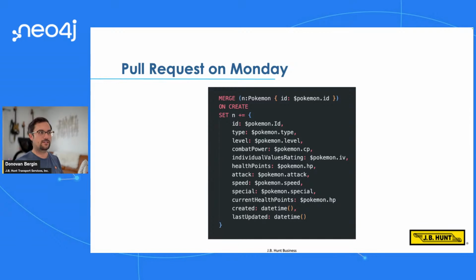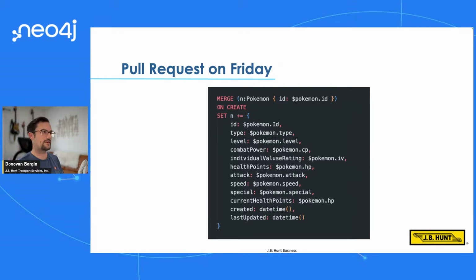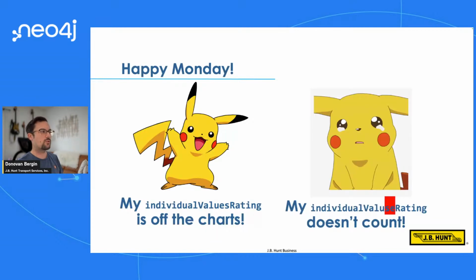Now we've got another app. Maybe the other one's like an audit app where someone can go in and manually enter something and change it, right? And so we're going to take user input and allow that to also update our graph. So that other app has its own query, and we're looking pretty good. It's updating all the same stuff. Rubber stamp, approve that. Come Monday morning, app A is writing individual values ratings, and app B is writing individual